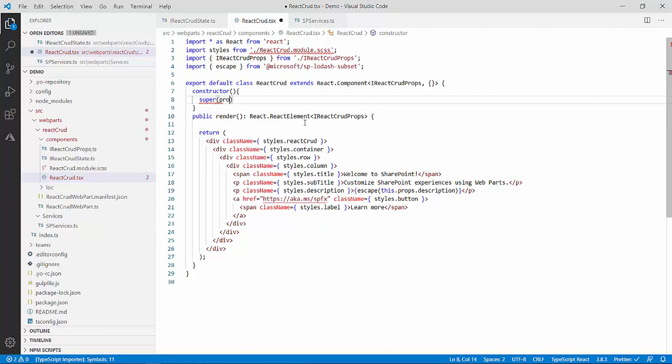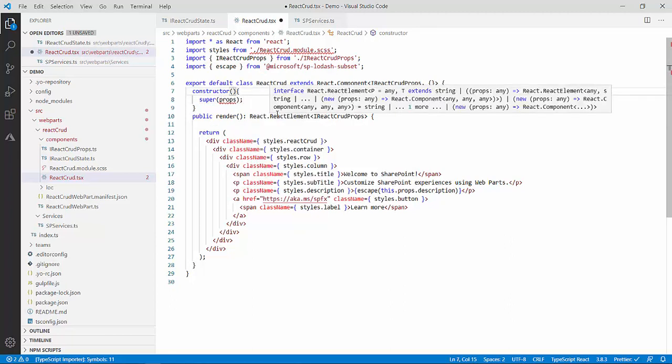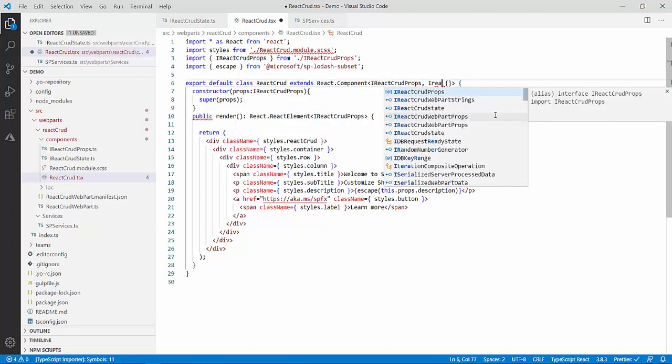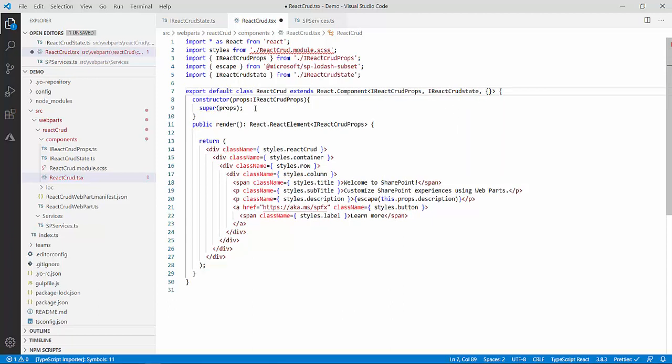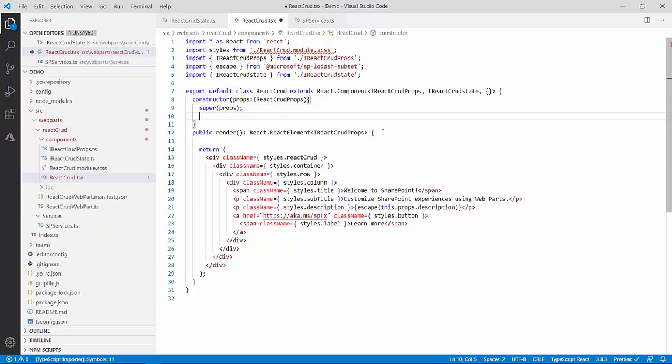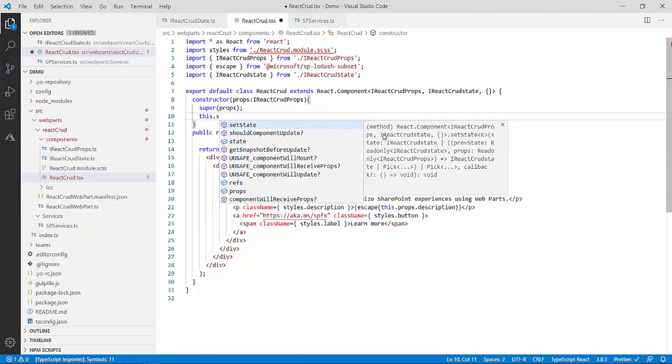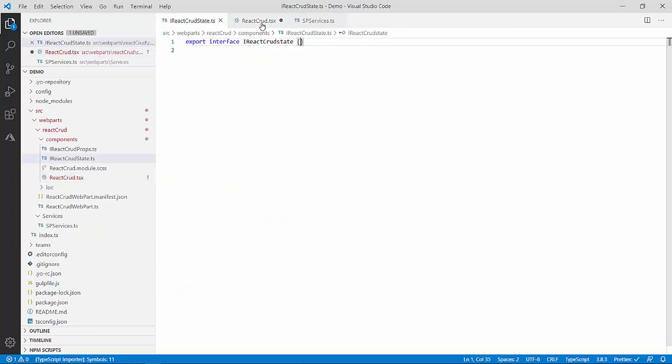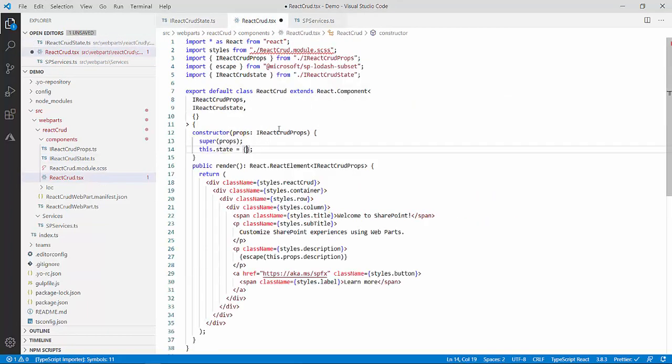So this will be a super call, and I have to pass the properties. I will make it a parameterized constructor, and I will pass my state also, the React CRUD state. Now, to initialize my state, I write this.state equals curly brackets, and whatever properties I decide on for my state, I will initialize in this constructor. So this is also done.